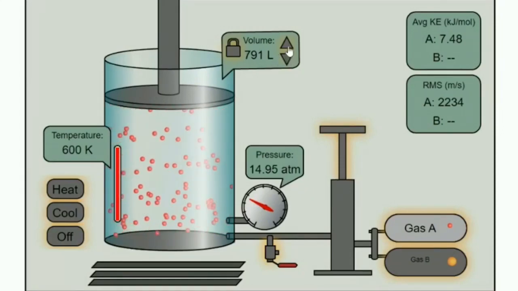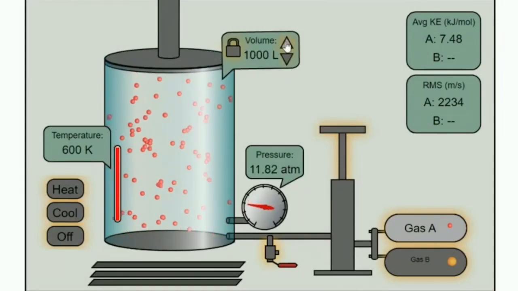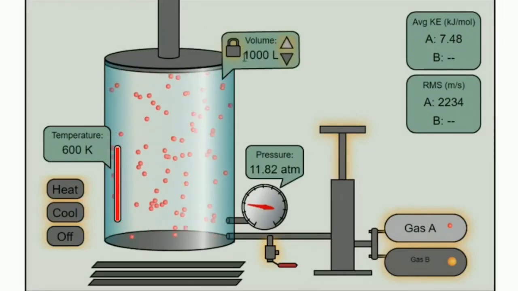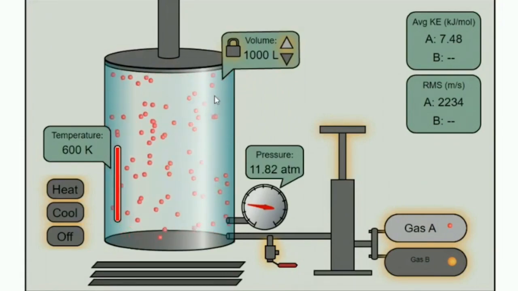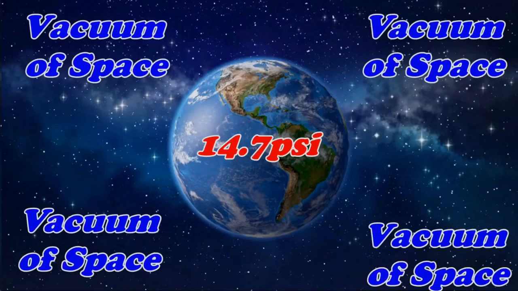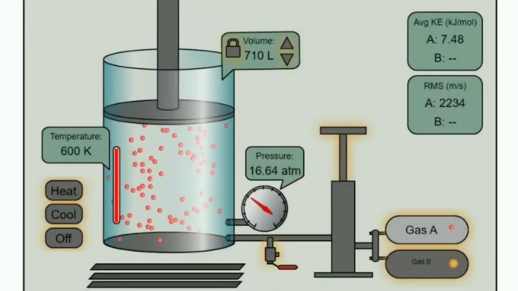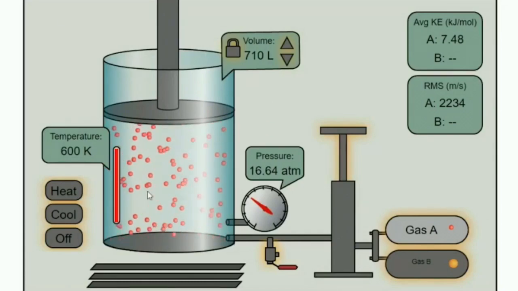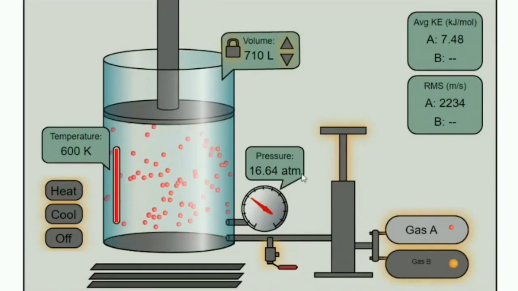Now, I'm not able to demonstrate what happens when you get to beyond, above the 1,000 litres, because obviously nobody thought they were going to be... You'd have to be a moron to think you could have gas pressure, but without a container. You need the container. So basically, go and play with this at this link. I'll put it in the description box. Go and play with this, and you can see how the interaction works, and it's really intuitive.